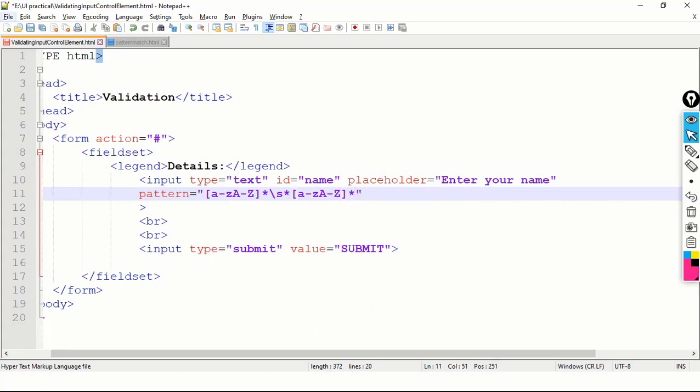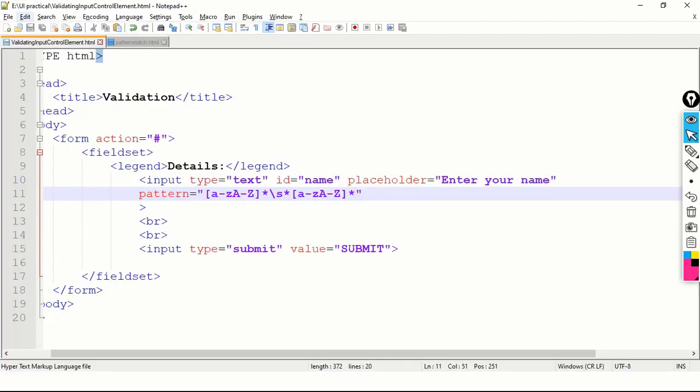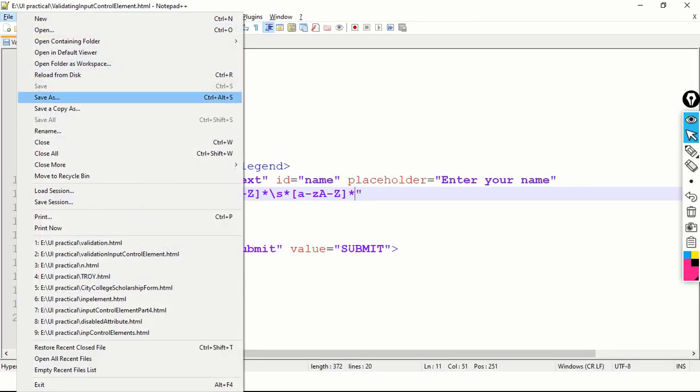Okay, and let's save the code. Once we save the code, let's refresh it and let me open this page in a new tab for better understanding purpose.